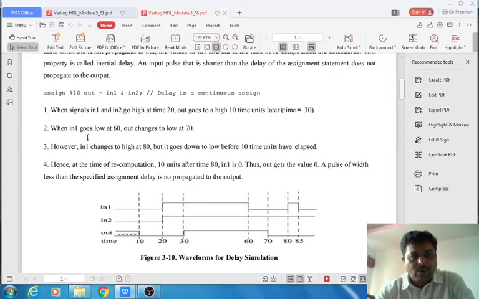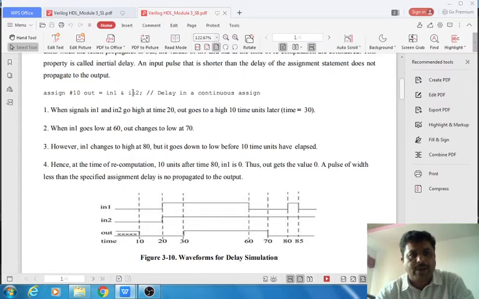Similarly, when in1 goes low at 60, from 20 to 60 the value of input signal in1 is 1, and in2 is still logic 1. When the simulation time reaches 60 nanosecond, the value of in1 changes from 1 to 0. So once again this statement is going to execute. Here in1 is 0 and in2 is 1, and 0 logical and with 1 gives 0.